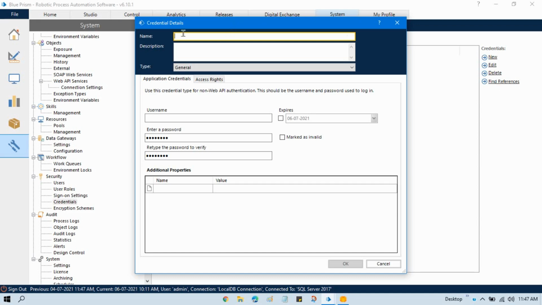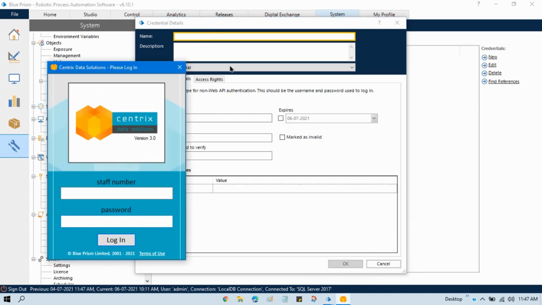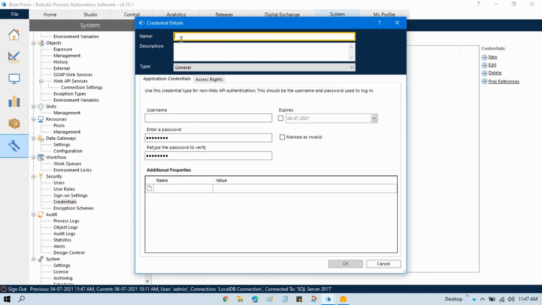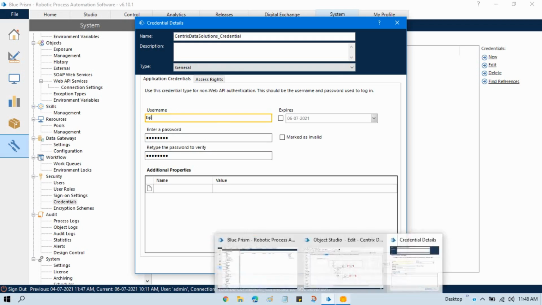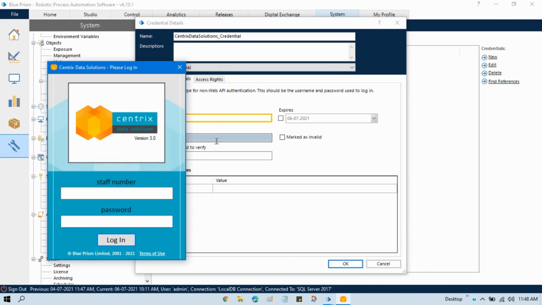Now here you need to enter credential name. So always put a specific name so that you can understand that this credential is for this application. So I'm going to create credential for this application. So I'm going to write Centrix Data Solutions_credential. Now type will be general. You can put the description if you want. Here we need to put username and password and then verify the password. It means retype the password. So I'm going to enter username, that is the staff number based on this one. Now password will be,